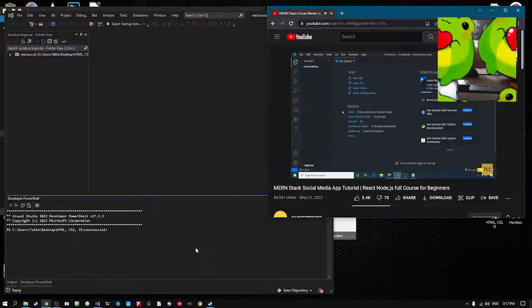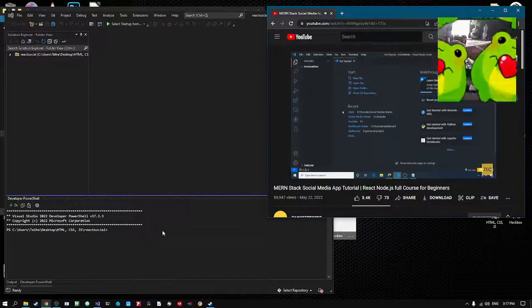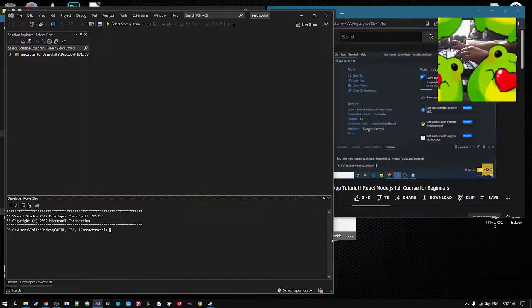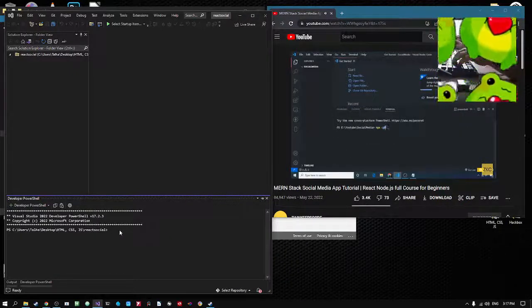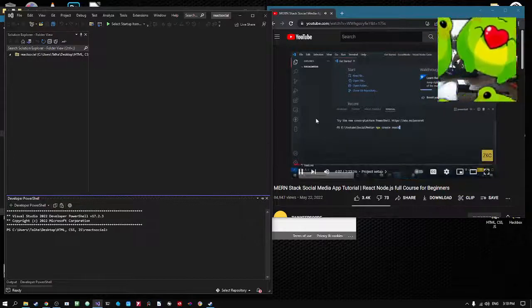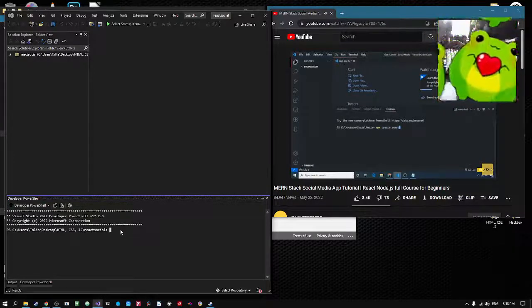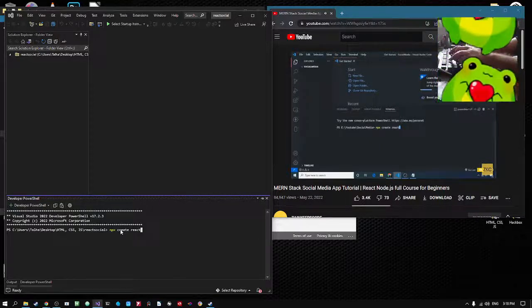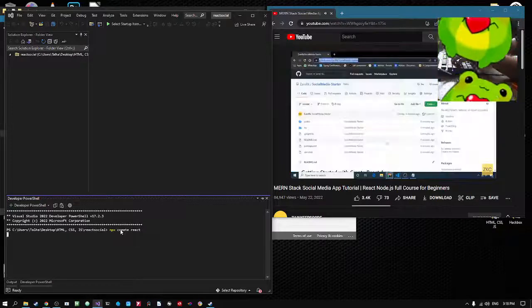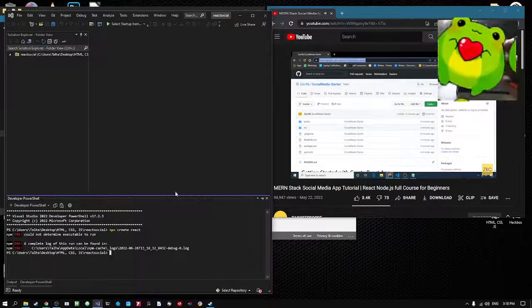So here we are in a blank VS Code directory. And generally we start a React project by typing in terminal npx create react app just like this. But the problem with this command is that it installs too much extra stuff that we never gonna use. So to avoid this problem, I have made a link for you guys. You can see this link in the browser. You can visit this link, just copy the